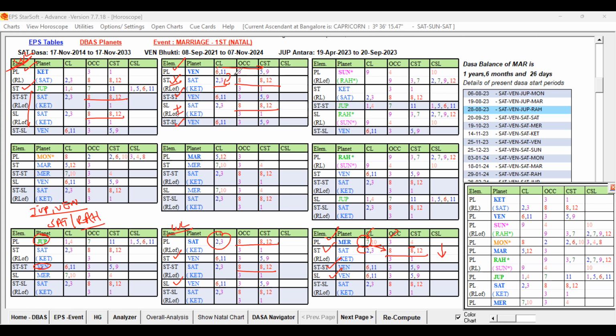Suppose, apart from that 6, it is having any unfavorable houses, like 7 is having that 3 and 10 is having this 4. Some unfavorable houses are present, then 6 would have got some support. Then 8 and 12 will give more impact on this. Now this is fine. Now one level is weak.